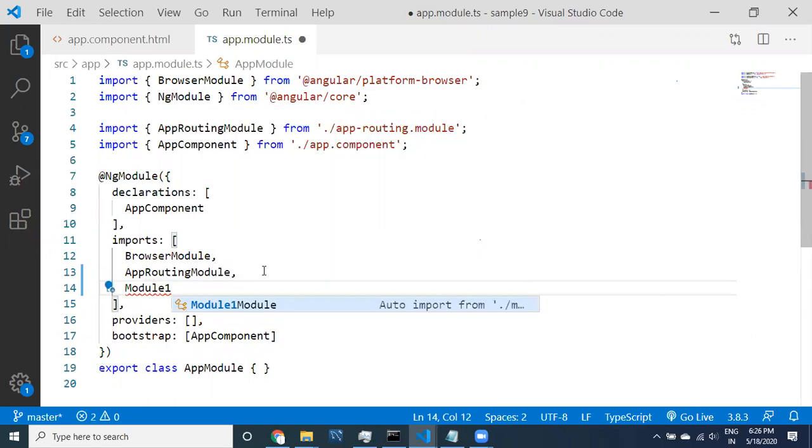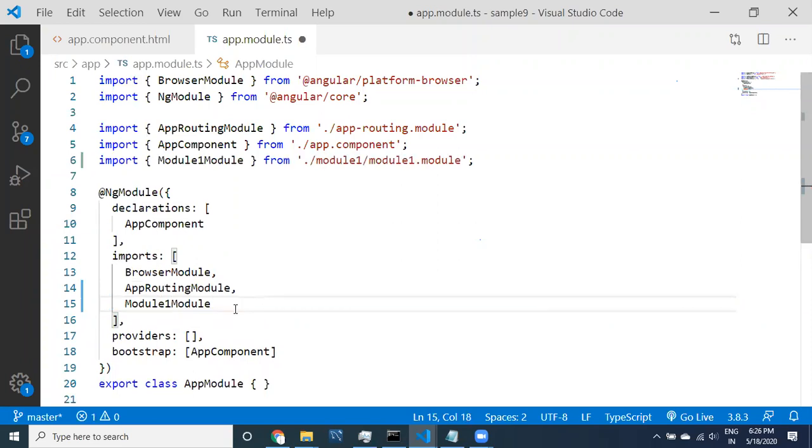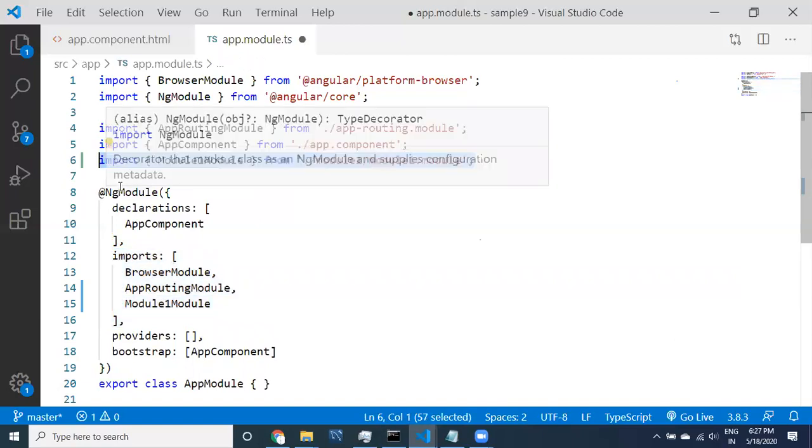See here, guys, the class name. Whenever you select it, it is automatically imported. This import is different; it is simply importing the class from this module. Now you have to provide this class here in the imports. Don't think that if you write a simple import, this is over.